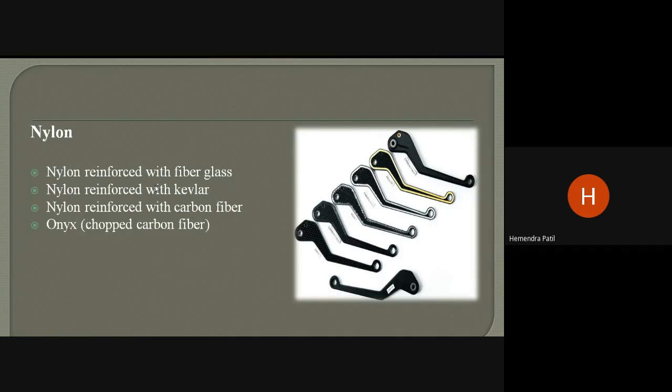The next one is Kevlar. Kevlar also has very brilliant properties: it is very tough and a highly complementary continuous fiber for high impact applications. It is known for its energy absorption and is extremely tough. The printing temperature for Kevlar is 250 to 265 degrees Celsius, and the speed is about 25 mm per second to 35 mm per second. The bed temperature is 60 to 65 degrees Celsius with a PVA glue stick. And the price is very high for Kevlar, more than 10,000 per kg.